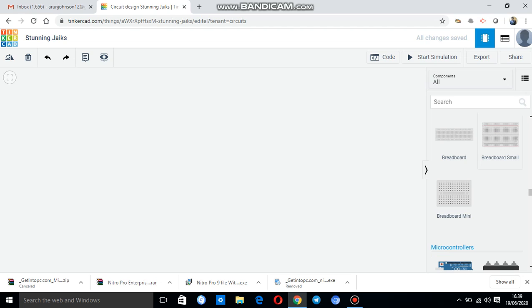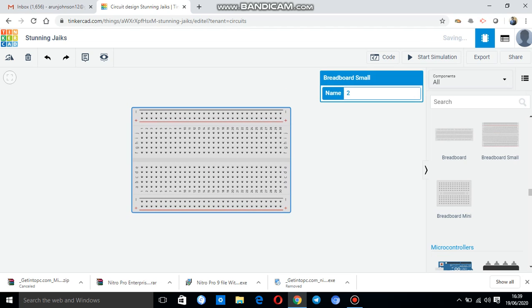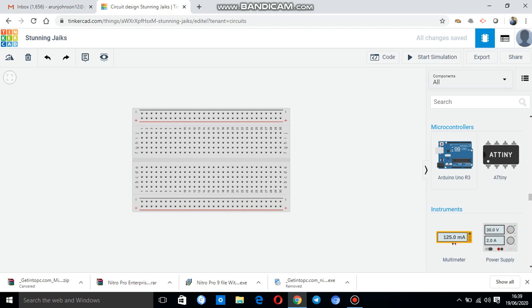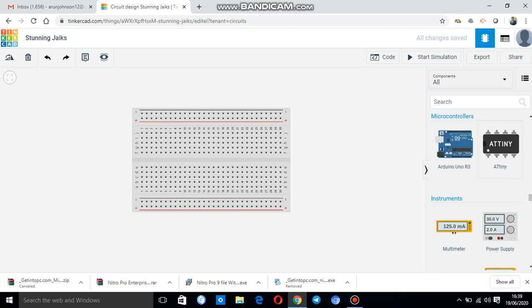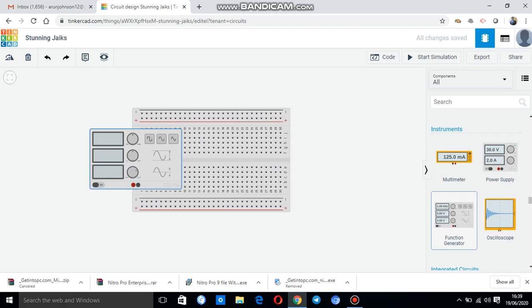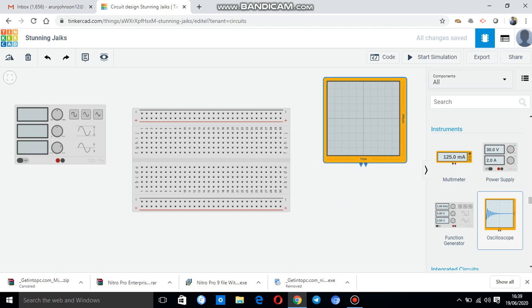The same way you are going to do it here. If you have a breadboard symbol, you can rename it. You have many microcontrollers, Arduino controller, ATtiny controller. You have instruments, as I said, function generator and oscilloscope, which we use in our lab. The same thing you can use here also.